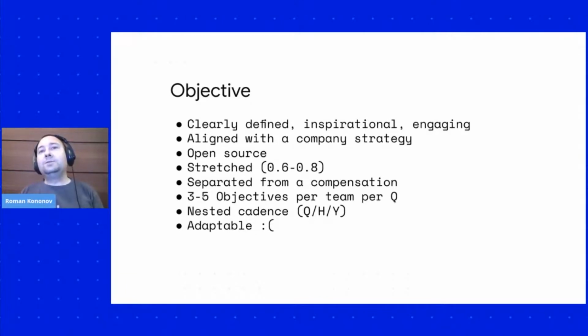It should be separated from compensation. This is a very important one, because in other case, it would not be OKRs but rather KPIs, key performance indicators, instead of OKRs. So they should be detached. Whether you achieve 100% of OKRs or you do not, it should not be related to your compensation, salary or bonuses or whatever. OKRs are not about that, and you should not connect them, because in other case,